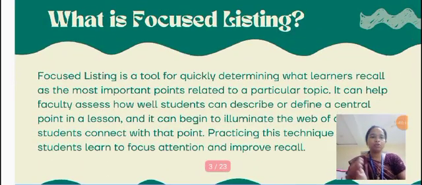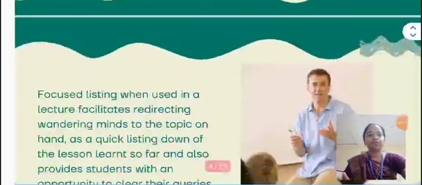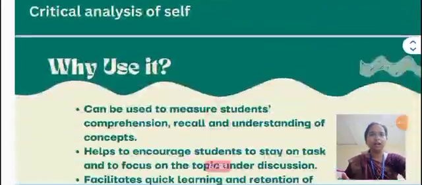It will direct the student's attention to a relevant term, name, or concept from a particular lesson, class, or section, and asks them to list several ideas closely related to the focal point. It is helpful to quickly determine what learners recall as the essential points of the particular topic. So this is focused listing, and we're going to see